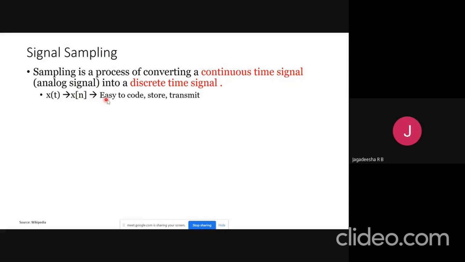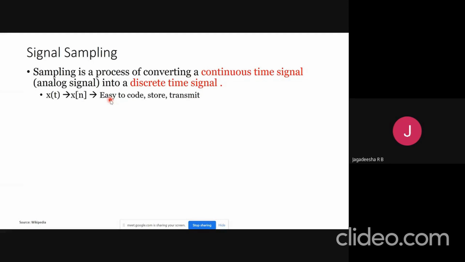Why do we do this? Because when we want to represent an analog signal as a digital signal, the first step is to cut that signal into different pieces, called samples, in the time axis. Then we also manage the amplitude and represent every piece of the signal as a bit pattern, 0, 0, 0, 1, and so on. That becomes a totally digital representation of the analog signal. But the first step is sampling the signal. That is what we study in today's